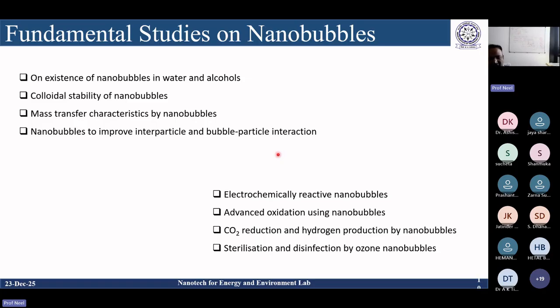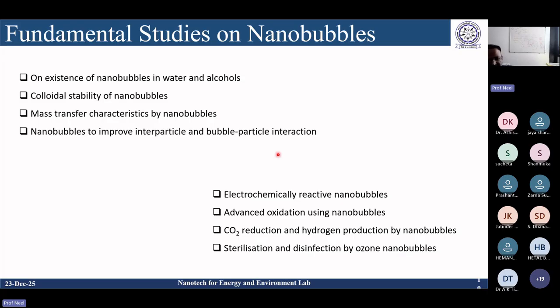We also have work on electrochemically active nanobubbles and advanced oxidation techniques using nanobubbles. We're also working on CO2 reduction and hydrogen production using nanobubbles, and sterilization and disinfection by ozone nanobubbles. So bacteria can be killed, viruses can be killed, disinfection is possible by using nanobubbles. These are the things we are doing